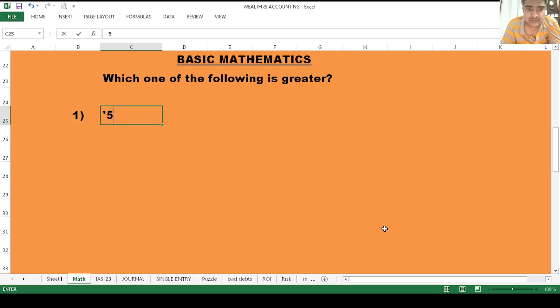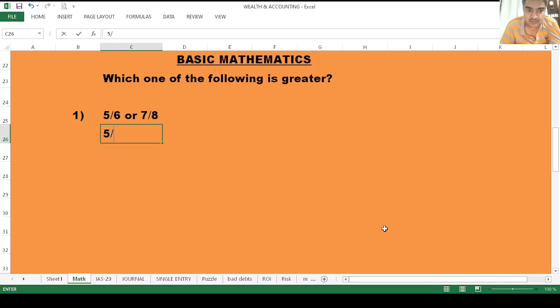whether 5 over 6 or 7 over 8, which fraction is greater than the other fraction, 5 over 6 or 7 over 8. So let's start with